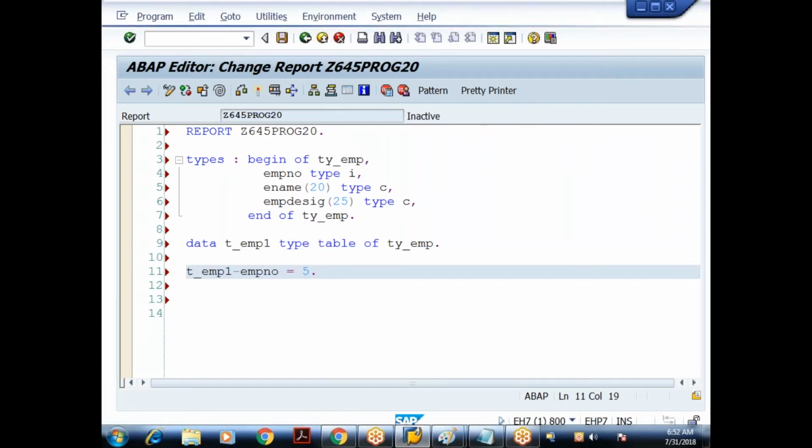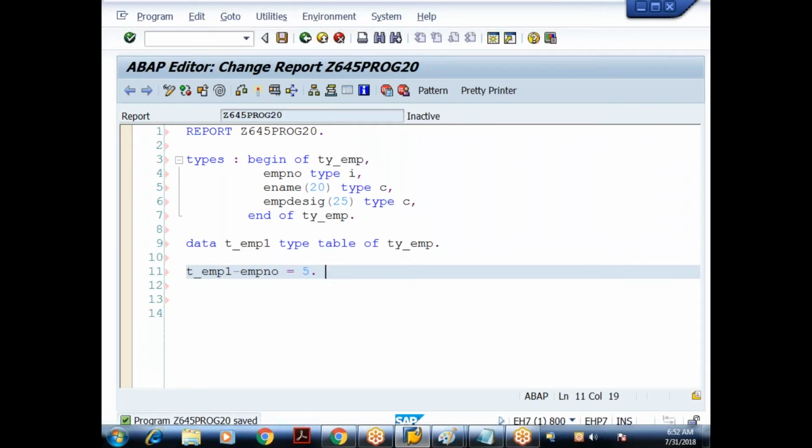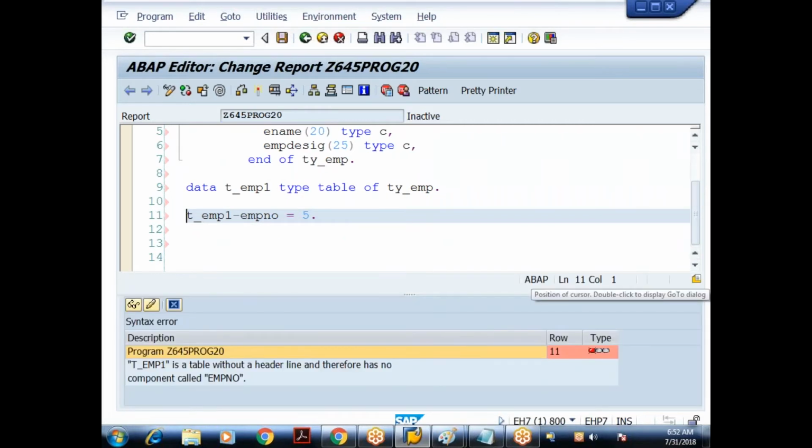When I do syntax check, I got an error. T_emp1 is a table without a header line and therefore has no component called employee number.